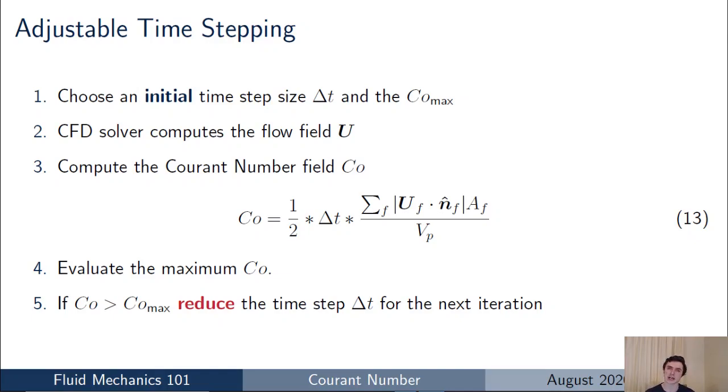However, if the maximum current number in the field was too high and was greater than the limit we applied, then the CFD code would automatically reduce the time step to bring the current number down in the next iteration. And that's generally the process of adjustable time stepping and how the adjustable time stepping works in the CFD code. So, of course, the important question to ask is, how does one update the time step? Clearly, you need to bring it down so that you can reduce the current number, but how does one reduce